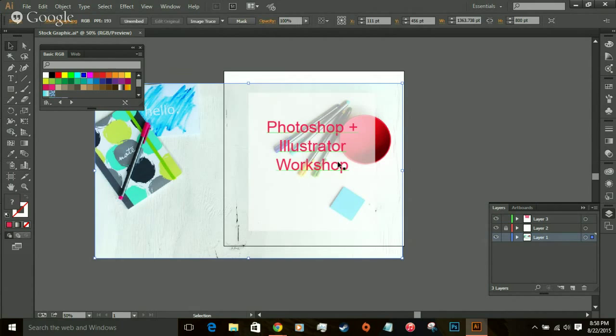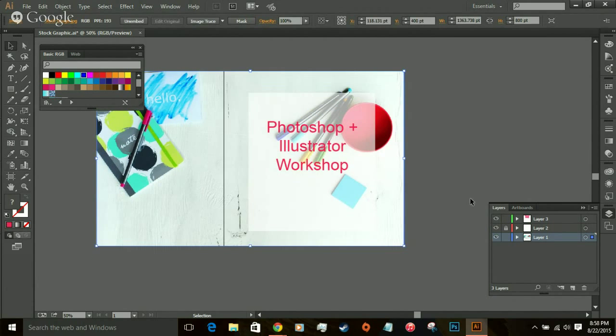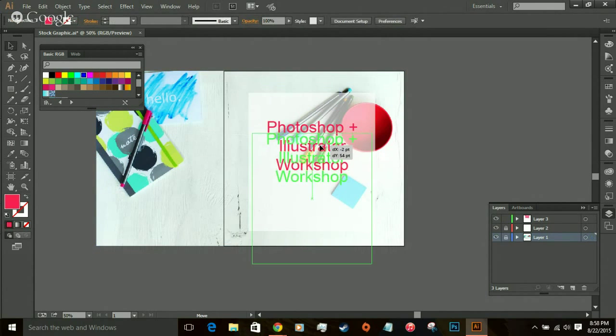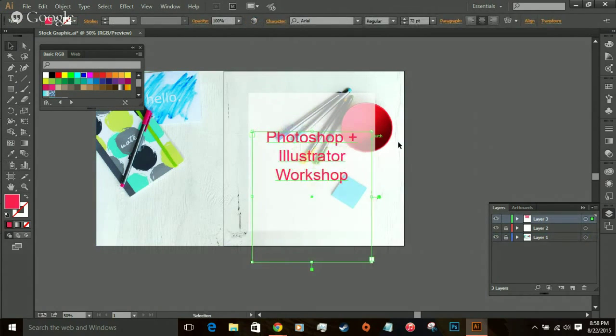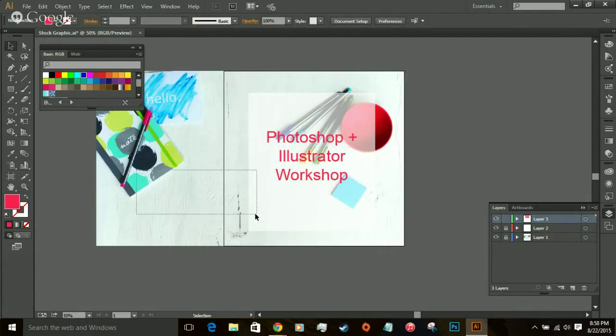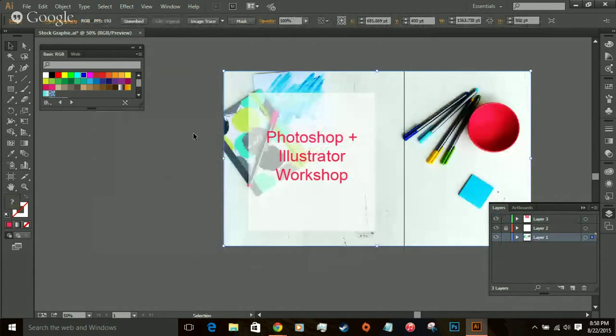And maybe I'll, oops, see, that's why I lock this layer, because then I can't accidentally drag that, and I don't want to do that. And I might center this a little bit more. And then I can save this, and I have another graphic. And then if I wanted a third graphic, I could go back in, unlock this layer, move it over to the other one. And I've got 3 different backgrounds for my graphics out of one image that I just took,